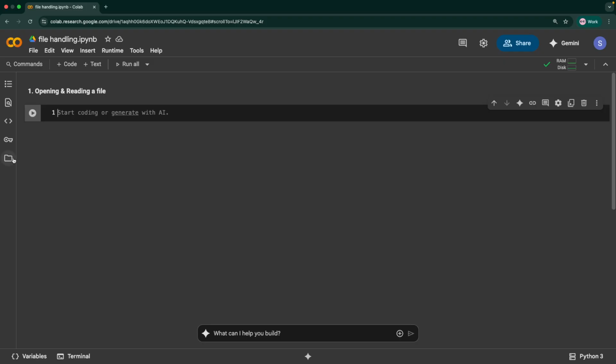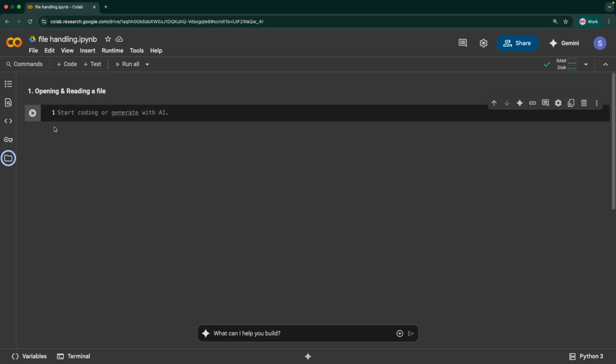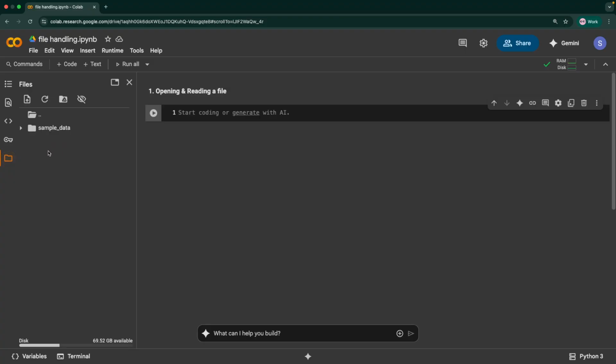Here in Google Colaboratory, we have different things: table of contents, find and replace, code snippets, secrets, and so on. Here you would have a folder symbol. When you hover over it, it says files. When you click this, this is the directory that we are working on. Here you can upload files, create files, and do file related activities. You can click on this to expand it, and here you can right click and there will be an option to create a new file. When you click that, you can name it. Maybe I'll give it the name notes.txt. So I'm creating a text file.